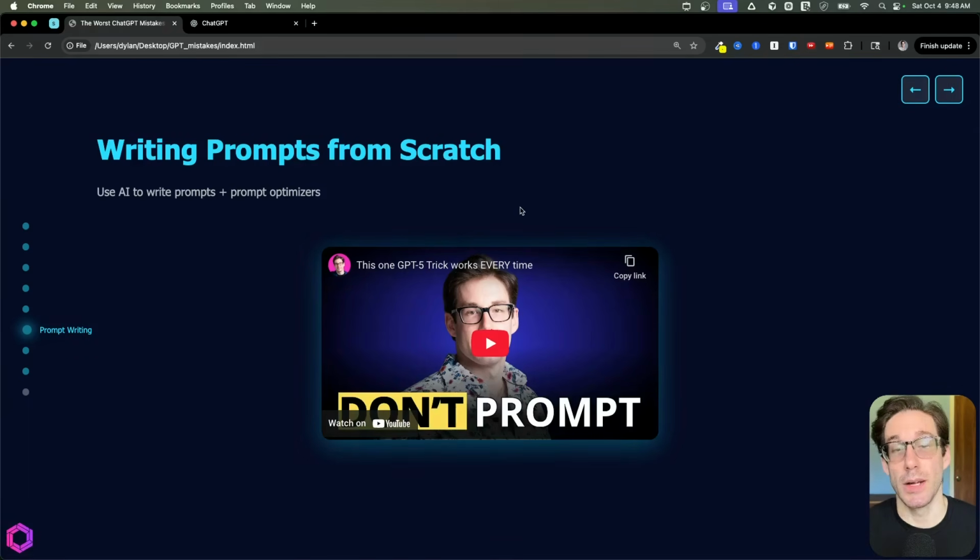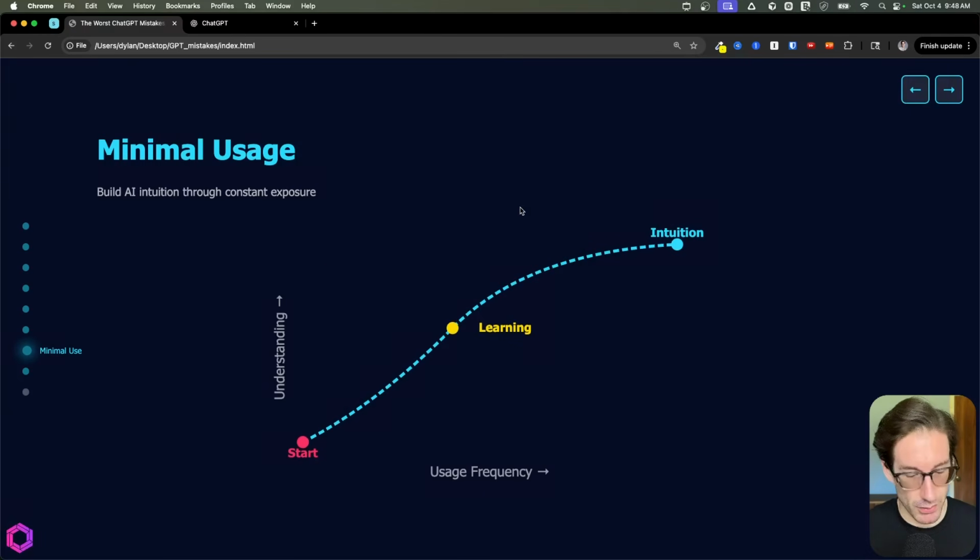So you can use tools and AI to optimize your prompts, and you don't have to write them from scratch. Now we're moving on to the top two mistakes. Our second mistake is all around the usage of AI and not using it enough. When I see people, or at least beginners, play around with ChatGPT, they don't really know when to use it, so they don't use it that often. And that's a big mistake because we need a lot of exposure to AI so we can build proper AI intuition for knowing how to use it and when to use it. And I think this chart represents that really effectively.